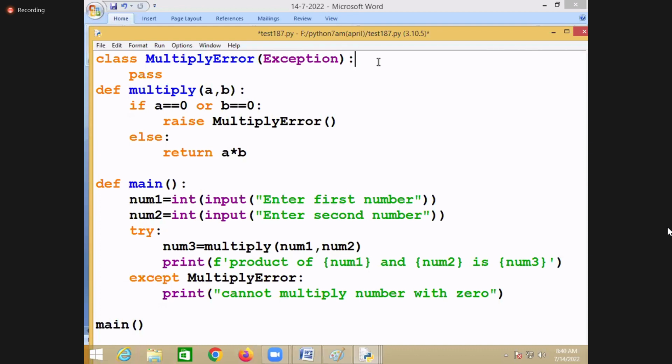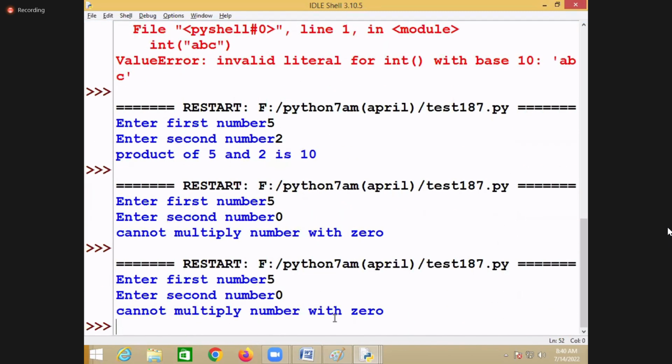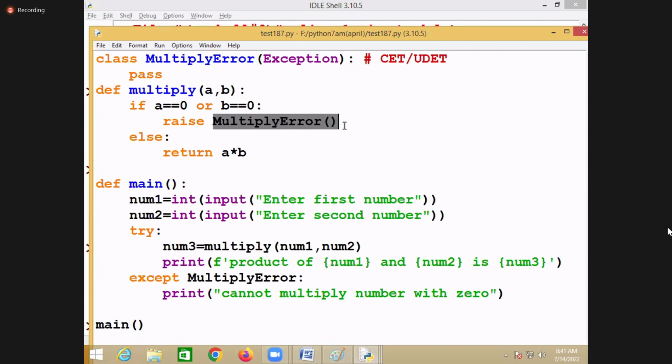This is a custom error type, or user defined error type. I'll try to enter 5 and 0. Cannot multiply a number with 0. But which error is this here? MultiplyError.